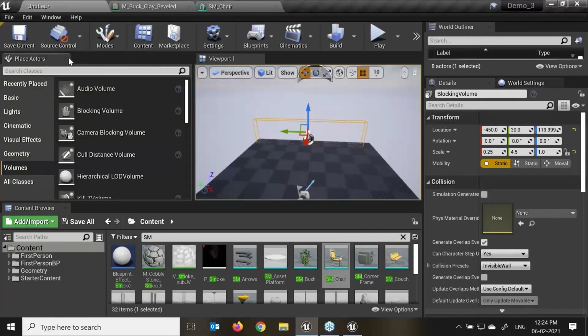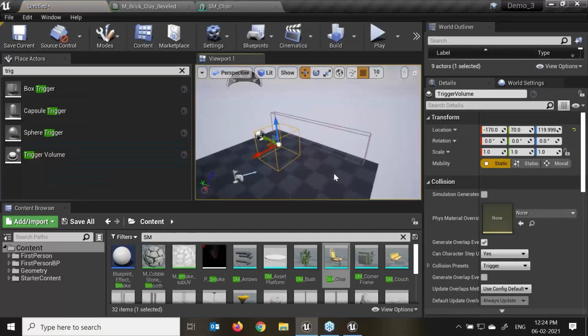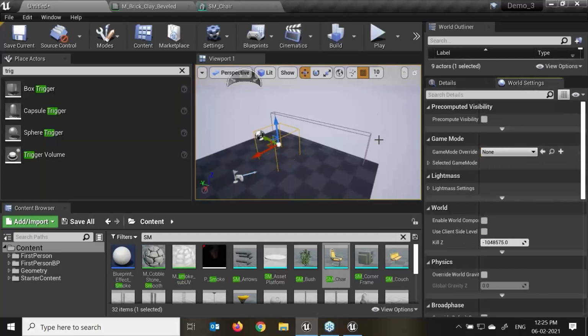Now we have the trigger volume as well. I'll show it in my next sessions. Trigger volume over here. Now, a trigger volume can cause an event, correct? When a player or another object enters or exits them, they can be used with the level blueprint to test out events in gameplay scenarios or functionality without the need for an additional blueprint. For example, we could place a trigger volume in our level, then create an overlap event with the help of the blueprint editor, right?